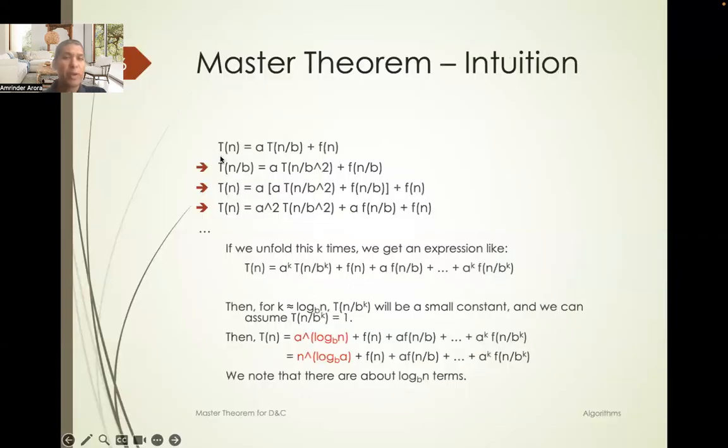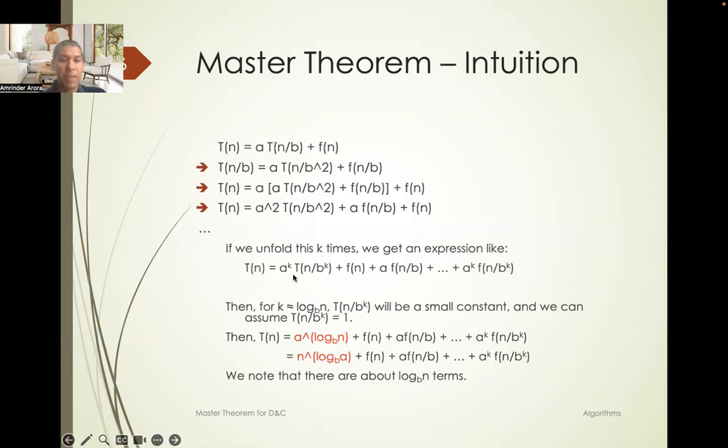Let's suppose we just write down master theorem as T of n is equal to a T of n by b plus f of n, and we were to simply unfold it. So we would say that T of n by b is equal to a T of n by b squared plus f of n by b, essentially just replacing n with n by b everywhere here. And then plugging that in, we will get T of n is equal to a squared T of n by b squared, plus a times f of n by b plus f of n. And we keep doing this thing. We will get